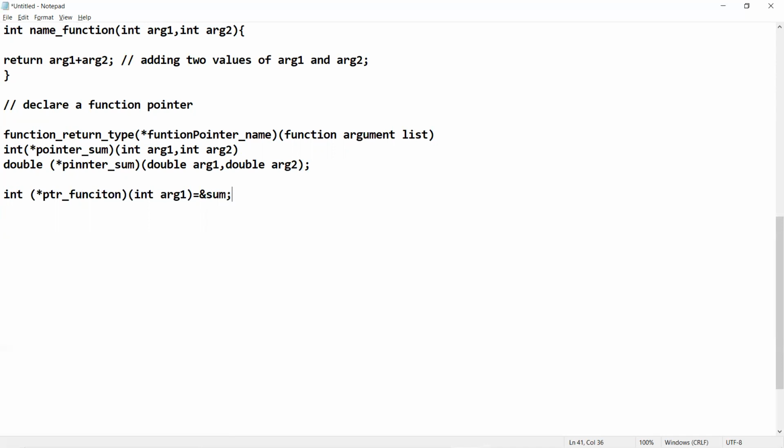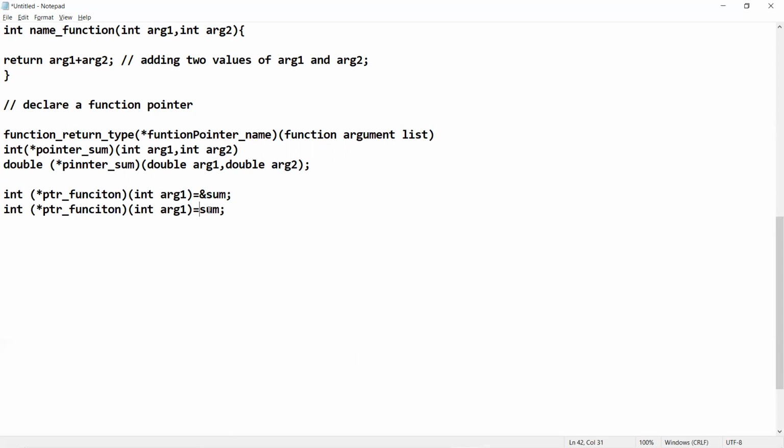Either you can give the address directly to the pointer, or you can remove the ampersand and assign it. Both work fine, absolutely without any errors.